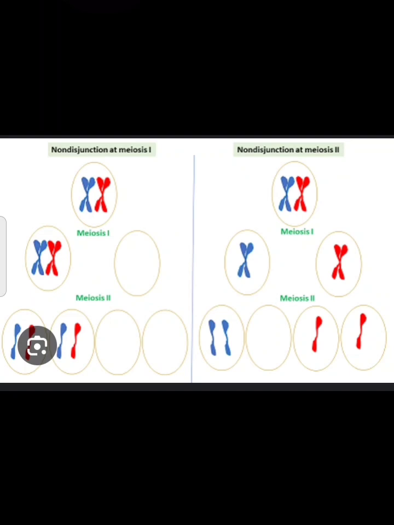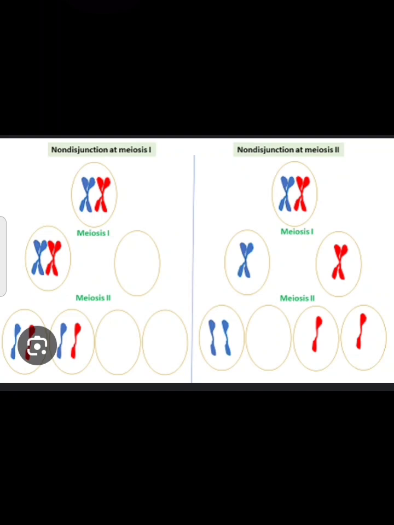In meiosis 1, the homologous chromosomes come to the center of the cell at metaphase, homologous chromosome pairing is there, and then during meiosis 1 anaphase, the homologous chromosomes get separated into